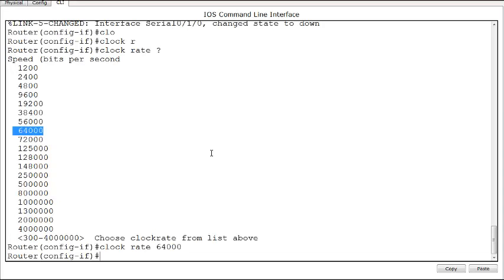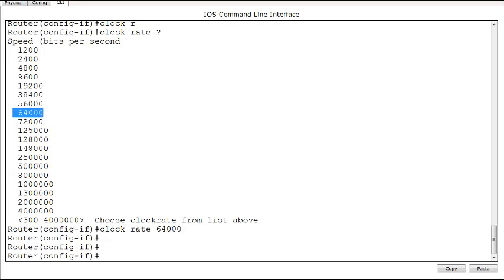Now why is this the universal clock rate? This is the universal clock speed. Why? If you send any data at this speed, any router can accept the traffic without any problem. This speed is an average speed. An old router can also tolerate it, and a new router can also handle it. Are you there? So clock rate is just a speed, it tells how many bits per second should be sent on that serial